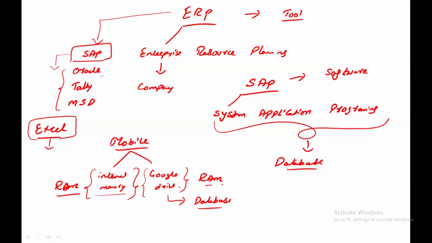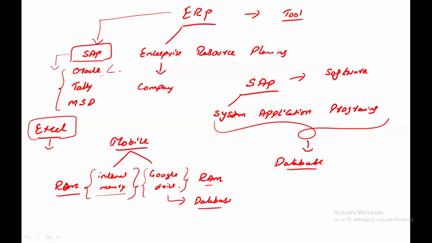Okay, and there are also some limitations in other tools, like in Oracle, you can do purchase, you can do sales, but you will not be able to do the invoicing. In Tally, you can do the invoicing, you can store the invoices, but you will not be able to purchase and sell. In Microsoft Dynamics, you can do all the activities, but you will not be able to manage the warehouse activities. So in SAP, you can handle all these activities like purchasing, selling. One company can do many activities. So all the activities can be handled in a single tool.